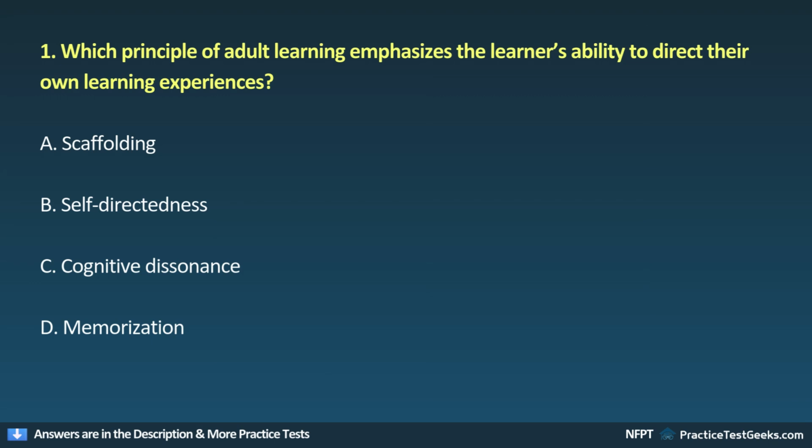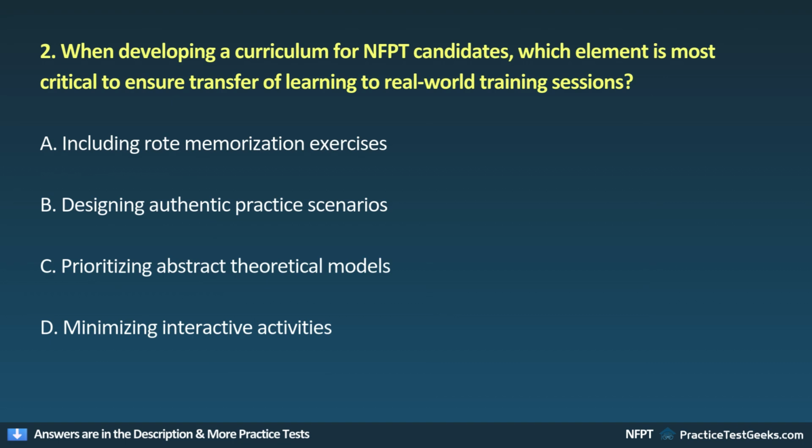1. Which principle of adult learning emphasizes the learner's ability to direct their own learning experiences? A. Scaffolding. B. Self-directedness. C. Cognitive dissonance. D. Memorization. 2. When developing a curriculum for NFPT candidates, which element is most critical to ensure transfer of learning to real-world